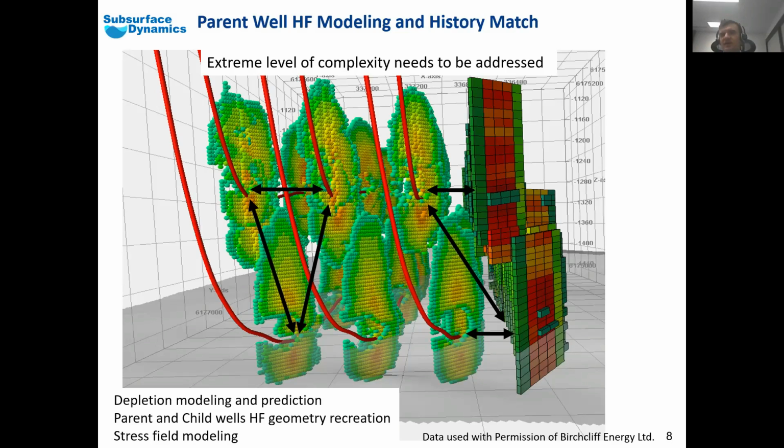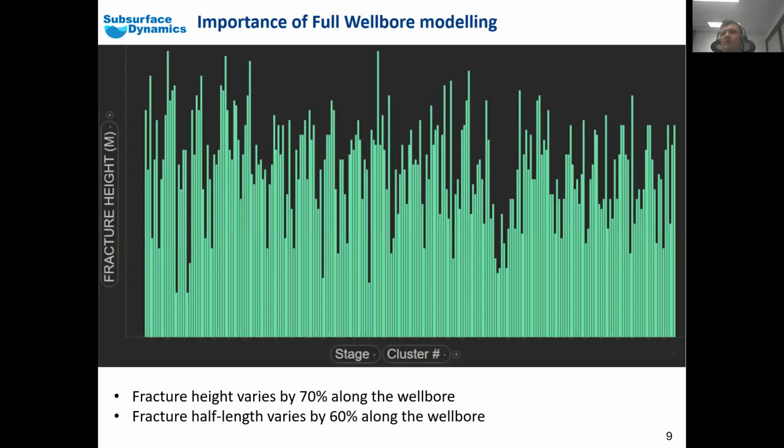use physics-based methods, because when we're talking about complexity like this, the data-driven methods cannot reliably predict, forecast, or optimize the hydraulic fracturing process. So then there is a lot of talk about how we can basically run away and optimize the fracs on 1 or 2 stages, and then apply and propagate it for the full wellbore. So this is a good example. We say no, we perform all modeling on the